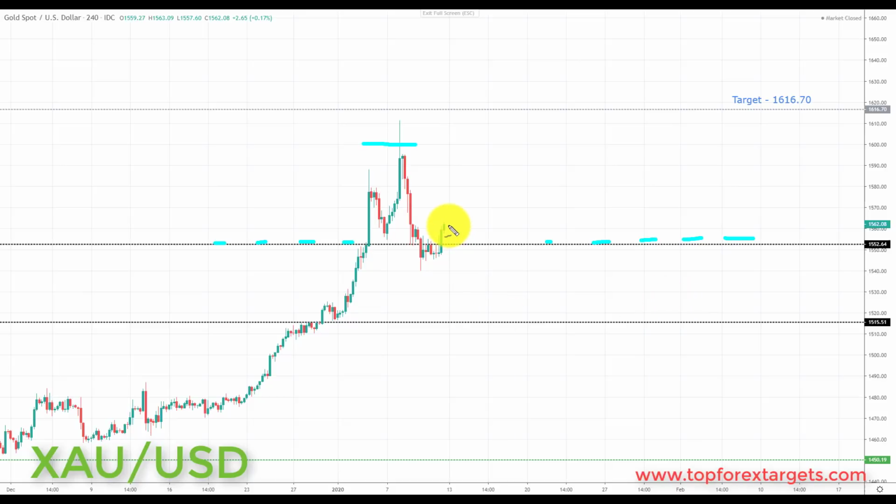So this going into next week is now a great place to start to look for those bullish formations and patterns. And if we get the right kind of bullish setups in this market, we're going to be looking at initiating longs up towards the next key area of resistance to the upside and the target set, at the 1616.70.